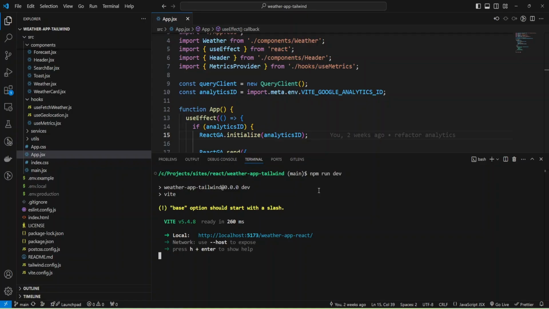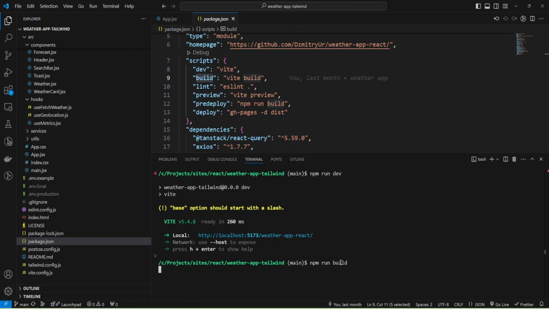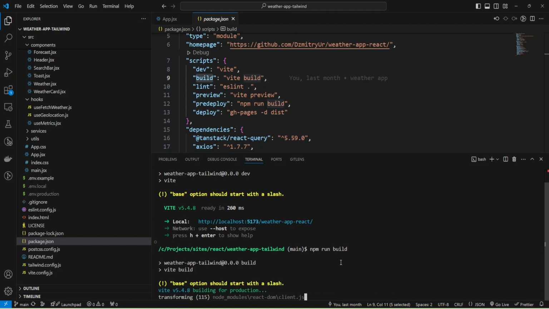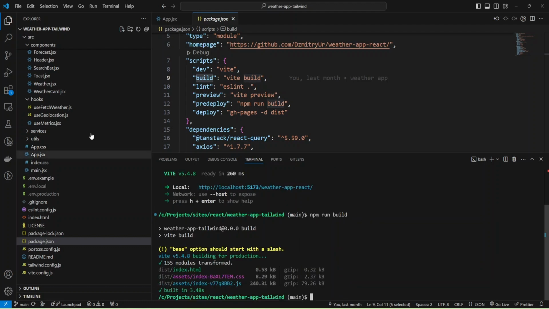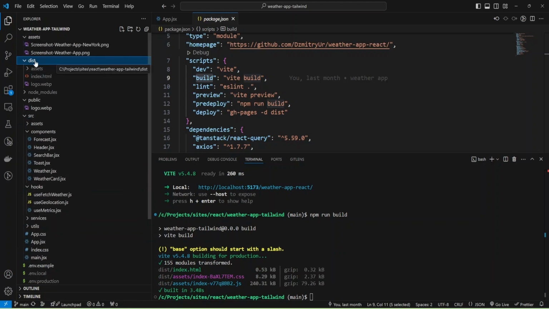I can stop my dev server and go to package.json, and we have the command build, and I'll run the command npm run build. This command should create a production build, and I can check the folder dist, and I have the build here.